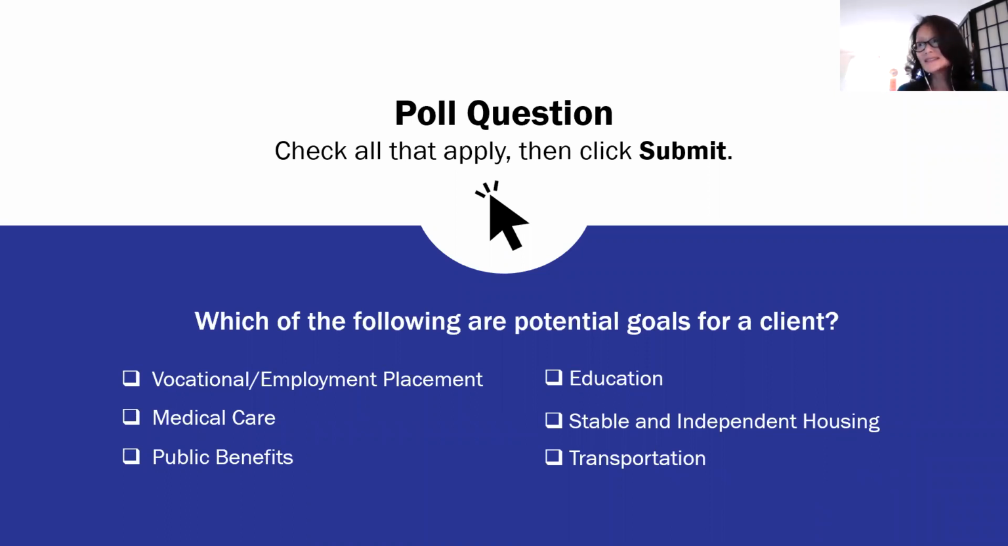Okay, so this was a bit of a trick question we put out there. While all of these could be very appropriate goals, we'd like you to consider, look at that. Yeah, I see the poll. Responses and vocational, medical, public benefits, education, stable and independent housing, transportation, all of those seem very appropriate, viable goals